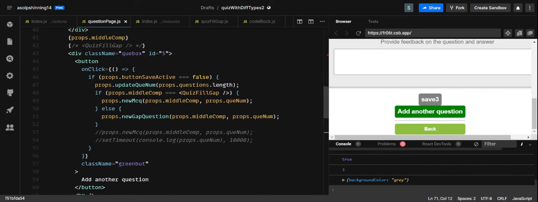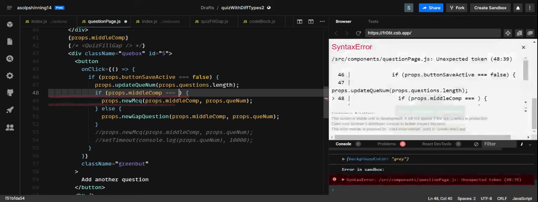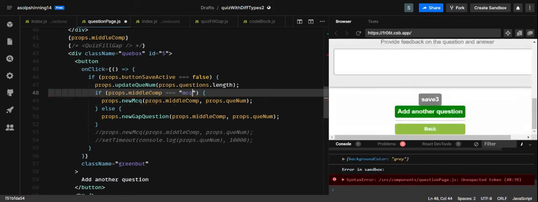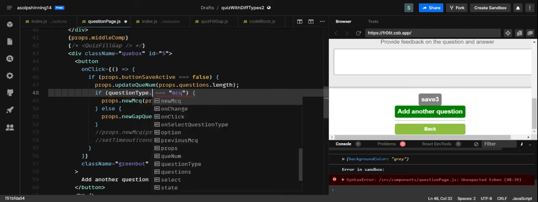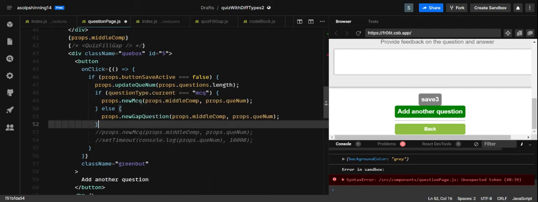So this is not correct, this one that I'm putting here. It's supposed to be question type dot current. That's what I'm interested in. You know, MCQ. That's a question type dot current. Now if question type current is MCQ, do this. Say props dot new MCQ, because that's where